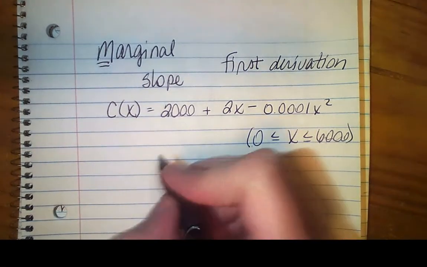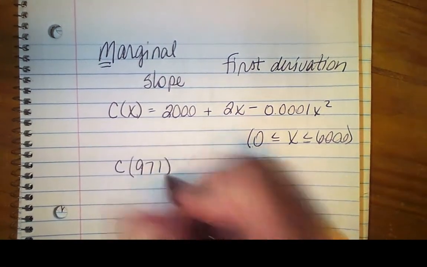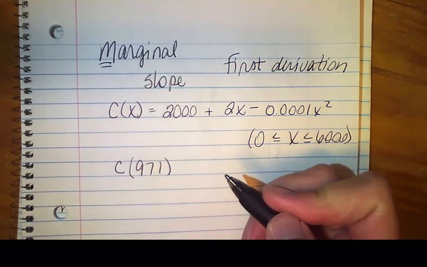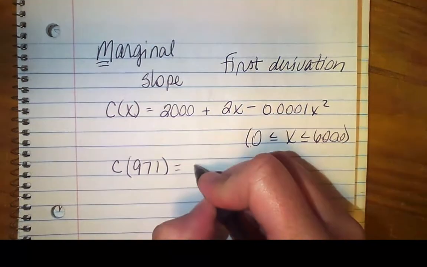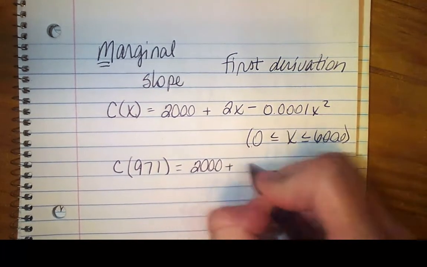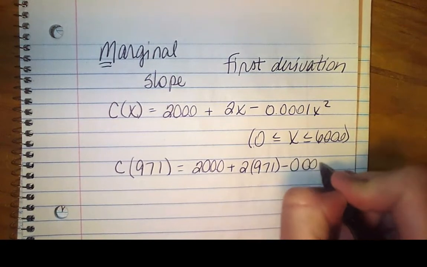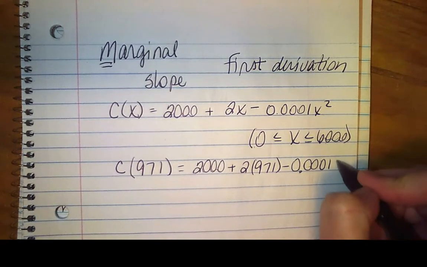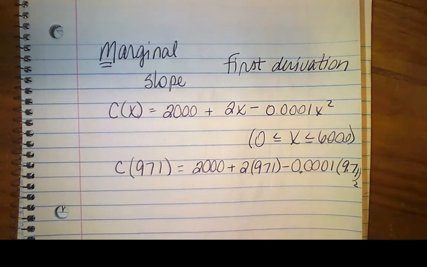All right, so I want to know, in this particular case, what is the cost of producing 971 discs? So I am going to simply substitute this in. I've got 2,000 plus 2 times 971 minus 1/10,000th of 971 squared. So when I put that in my calculator,